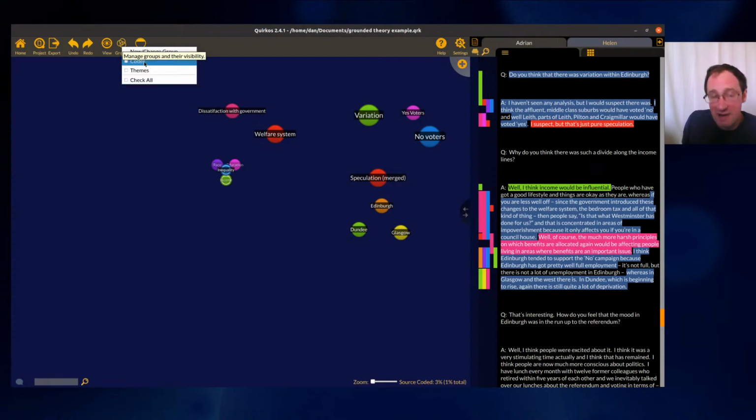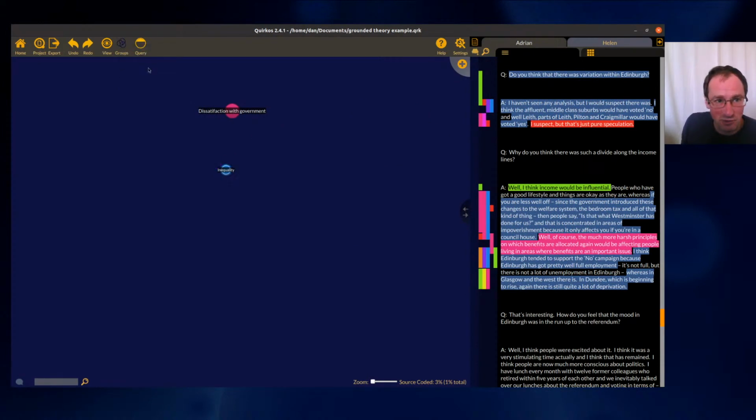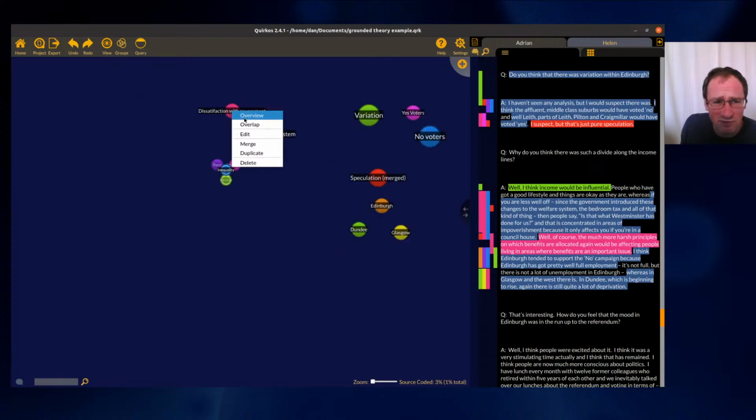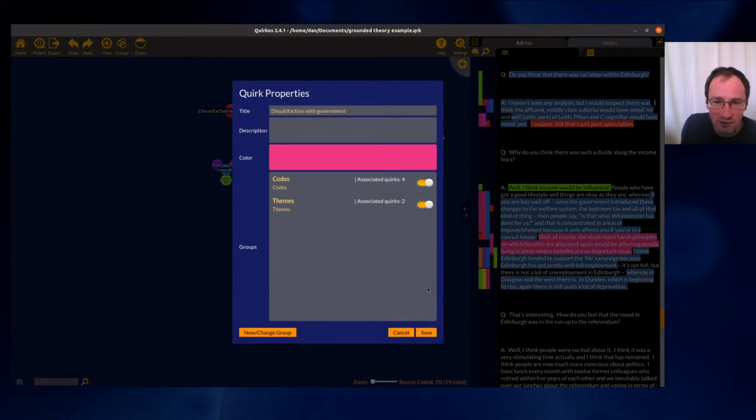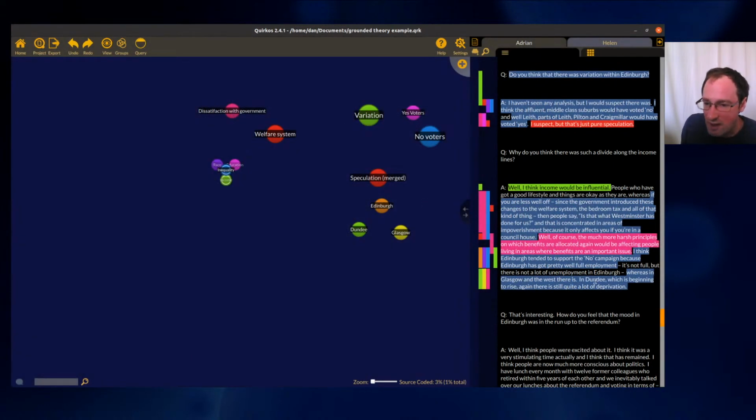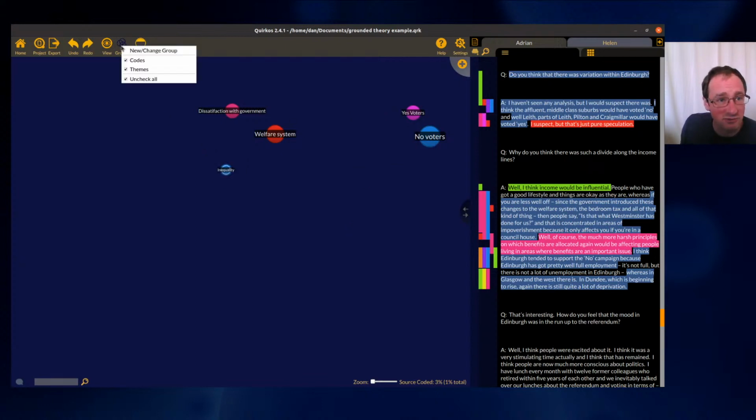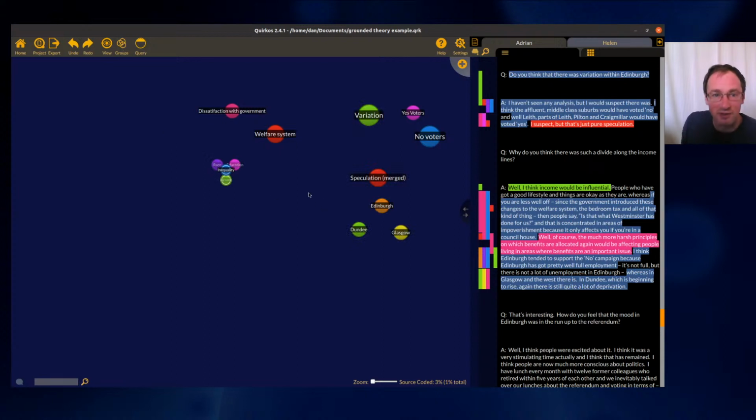So it may later on be that you don't want to see all these codes anymore, you just want to see your themes, your higher level concepts, because it will get very busy if you've got hundreds of open codes. But there may also be some things, like dissatisfaction with government. I mean, this could also be a code. People could just be straight up saying that they don't like the government. And that could also be something which is a higher level thing. So dissatisfaction with government would appear as a code and a theme,